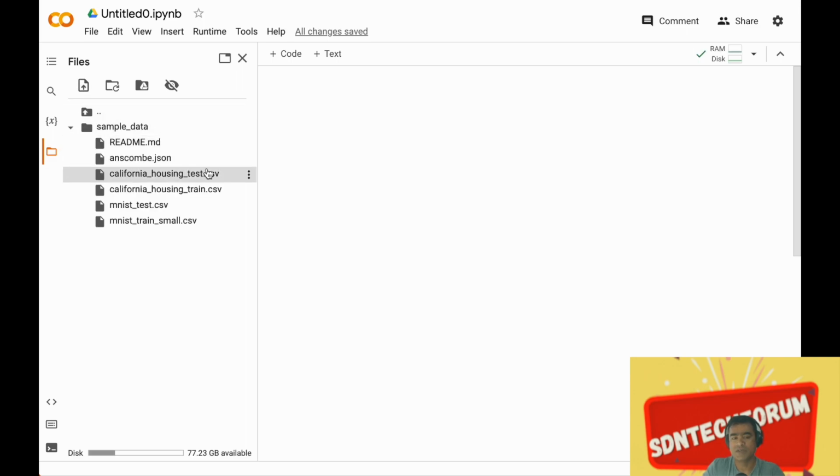So the assumption here is you're using Colab to do some kind of data science project, and for a data science project the key thing is having sanitized data, a lot of data in sanitized format, maybe CSV or Excel format. So here you can see California housing train, and a lot of other data sets are available which you can use within your program. You can rename them, you can download them, you can delete them. So you have full flexibility. All right. So these are the sample data sets available. What else can you do? You can upload your own data,